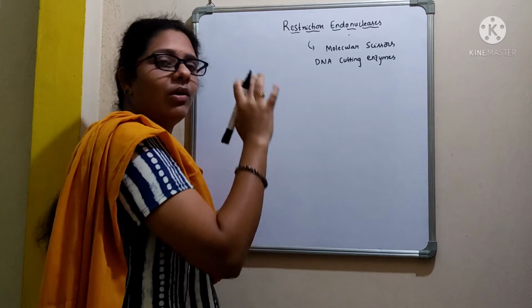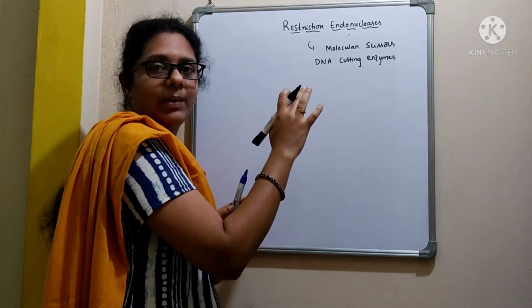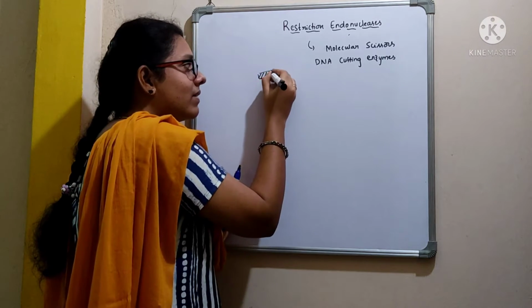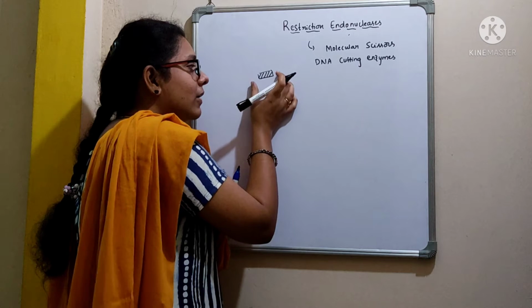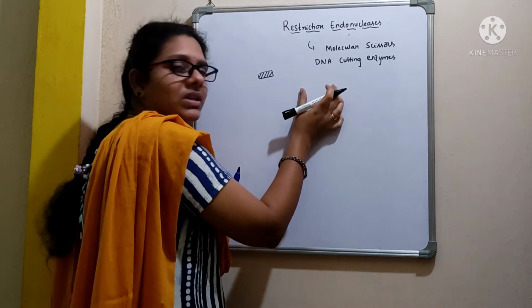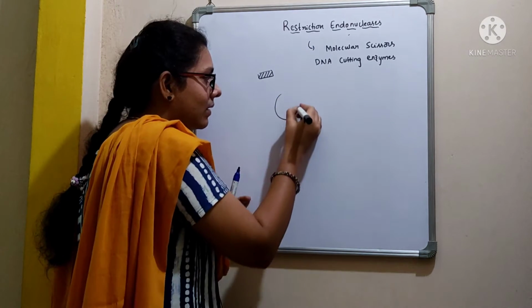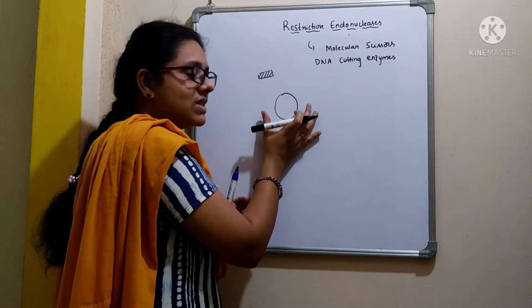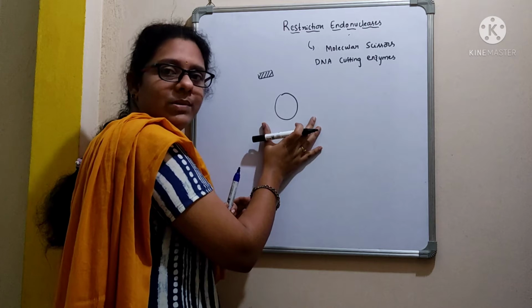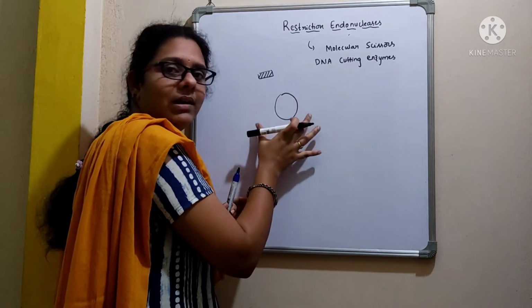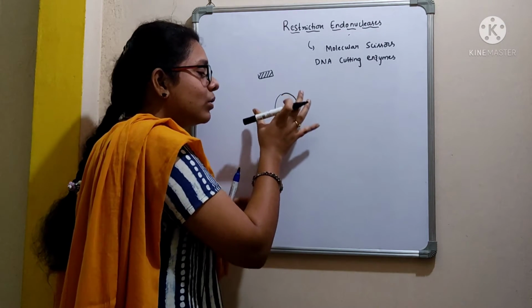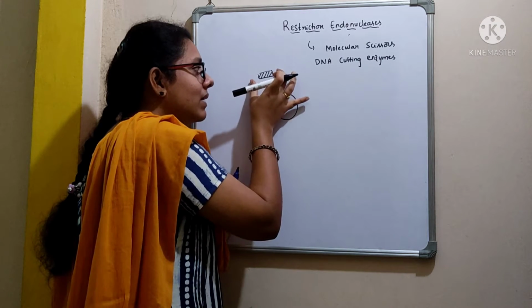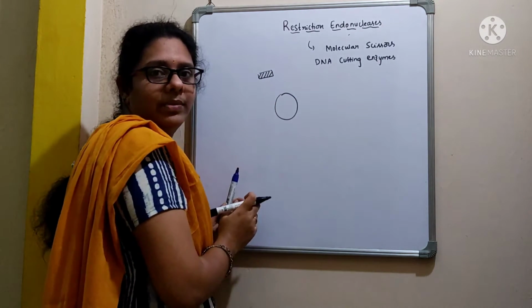As you all know, in order to make a recombinant DNA molecule, first we need to isolate a gene of interest, right? So if this gene is to be introduced into a vector, for example, we take this as a vector. This is a plasmid, which is a circular extra chromosomal genetic material that is seen in a bacterial cell. So to make a recombinant DNA molecule, what are we going to do? We have to combine this gene with the plasmid, right?